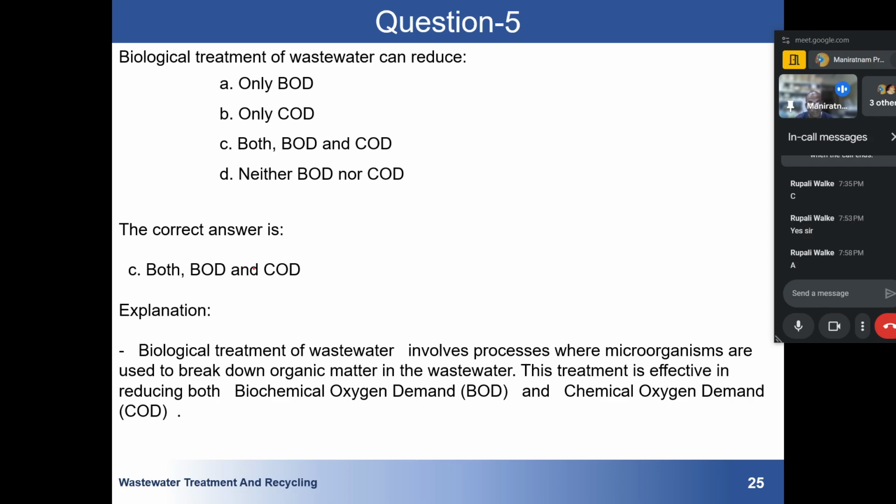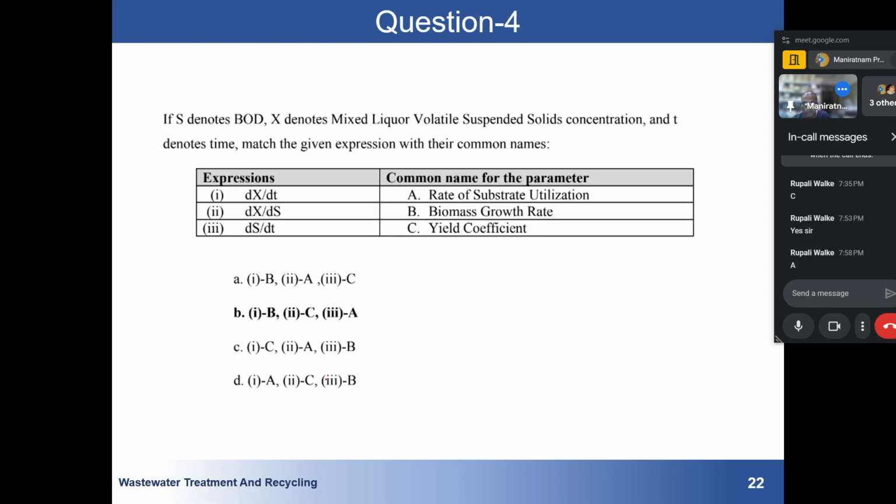COD is always greater than or equal to BOD, where COD is on the top, a combination of organic and inorganic, both. But when we are looking at BOD, as the name suggests, it is talking about biochemical. Biochemical means organic matter. So the biological treatment involves a process where